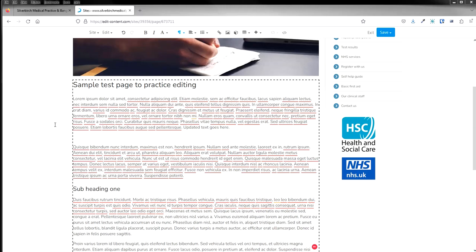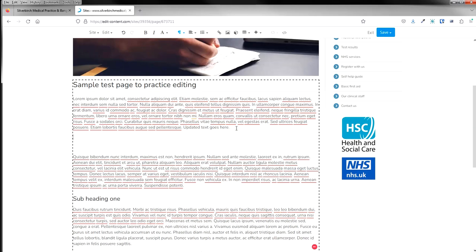Right, I have created a PDF called Silverbirch COVID vaccination clinics that I've got a local copy of. It's just full of this nonsense Latin text that I did in Word and converted to a PDF, and I'm going to upload that. But the way that I do it, and I think this is the best way to do it, is to create the link first, a descriptive link, so download